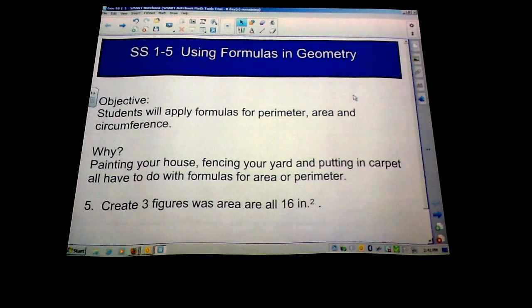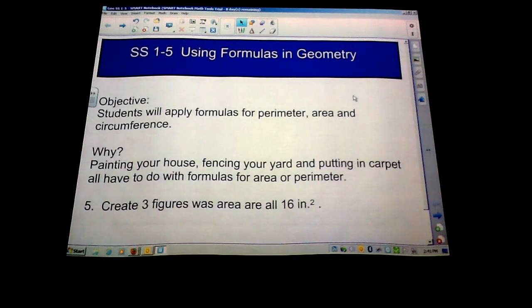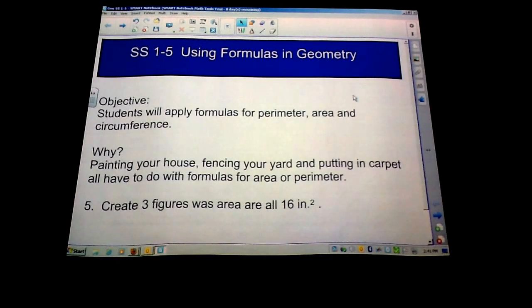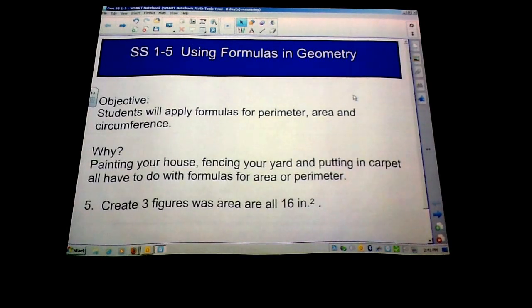Section 1-5, which is using formulas in geometry. Again, you can read through your objective, which is students will apply formulas for perimeter, area, and circumference. And then also the number 5. If this is the iPad class, though, I don't know if it will be put into your problems or not. So again,